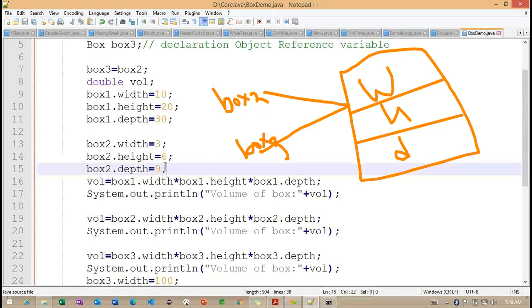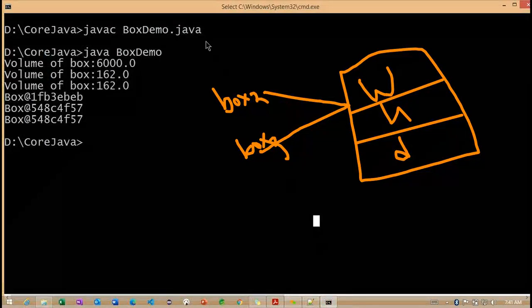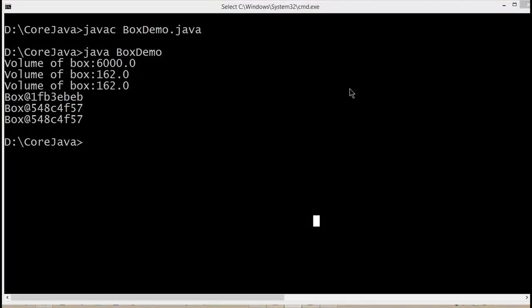Observe here, initially we are having 369. The 369 is going to be overridden with 159 to 12 here. Getting the point. Now we need to understand the volume of this particular box. If this particular object is not going to change, then this line would get a different value, and the println method would also return a different value here. So now we need to understand the last two statements. What are the values it's going to print here?